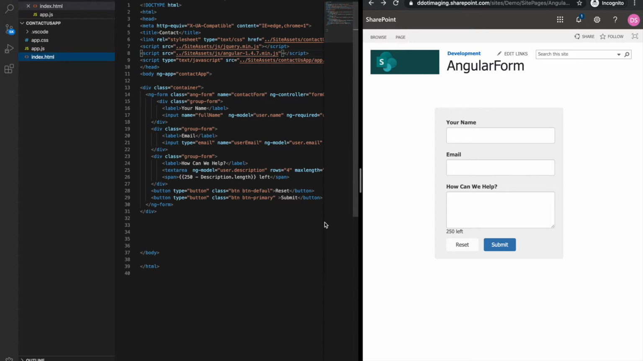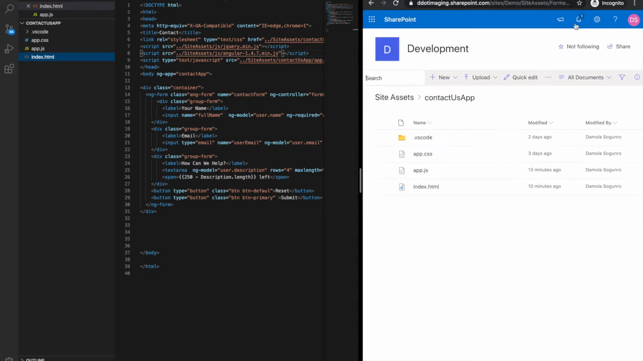In this series, we'll be looking into creating an AngularJS form in SharePoint and submitting its data into a SharePoint list. So I have a simple form. All I'm having is your name, email, and how we can help. We also have a reset button and a submit button. Also, I've created in the back end,